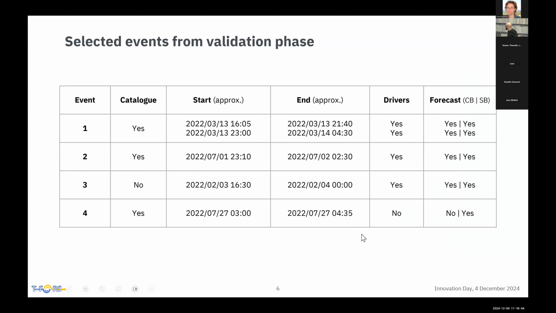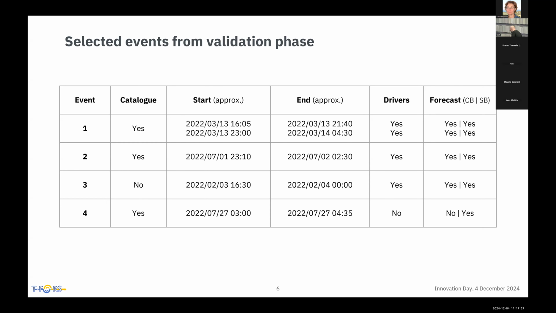here I'm gonna show the validation on 4 particular case events. Actually, during the validation process, we selected 15 events. Not all of them are common for the 2 different large-scale TID models. So these 4 events are among the 10 common case events between the 2 different models that here we indicated like CB, so catalog-based, and SB, so SEC-based. So the one on the left is the one I just presented, and the other one is the one that